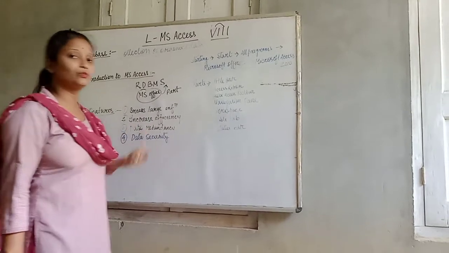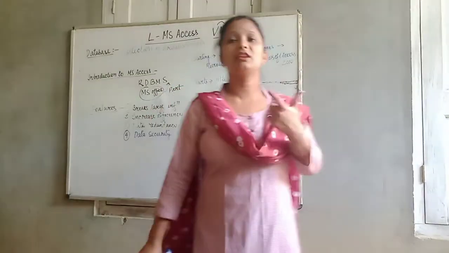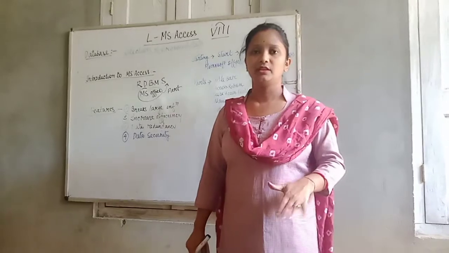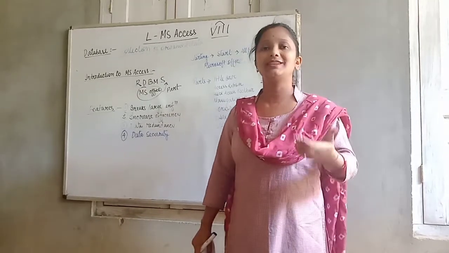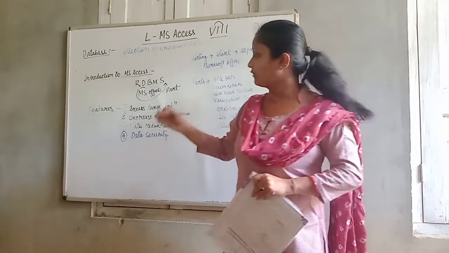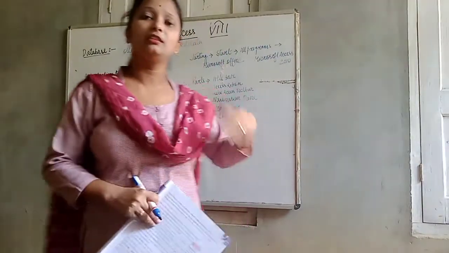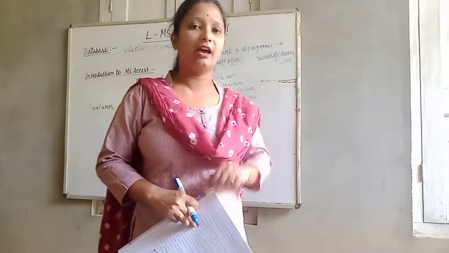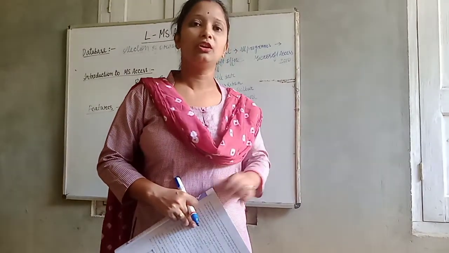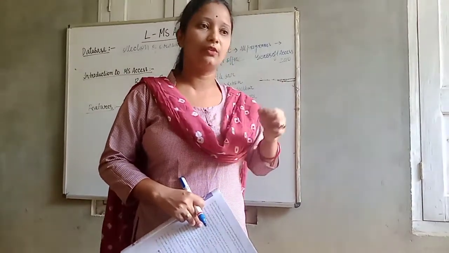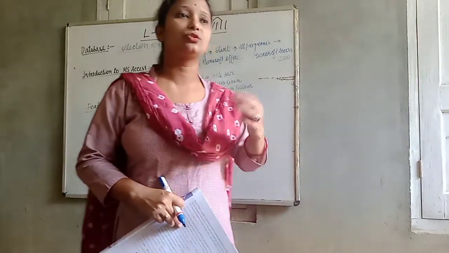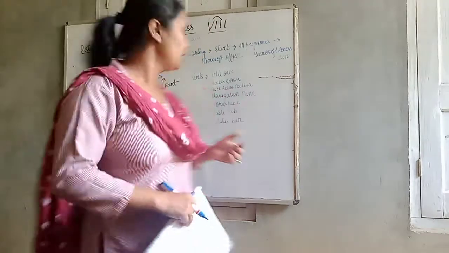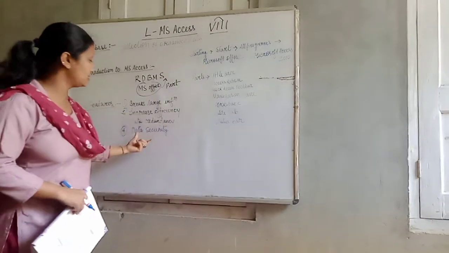Data redundancy. What is data redundancy? Repetition of data. When you are writing two names in a list, the repetition can be reduced. In software, if you are writing, it can show that it already exists. As when you are typing a contact in the mobile phone, if you are typing a name with the same name, then it shows that it already exists. So this is about data redundancy.